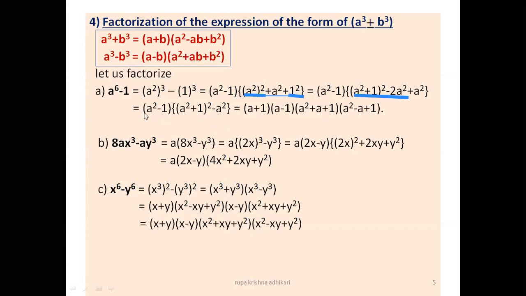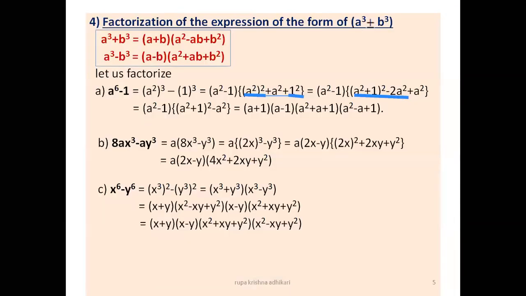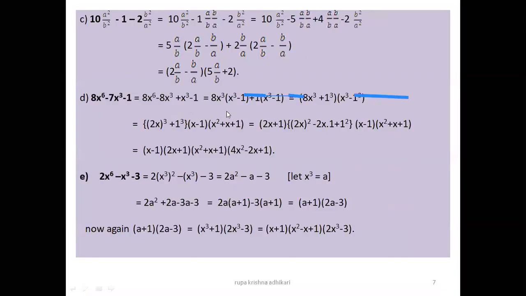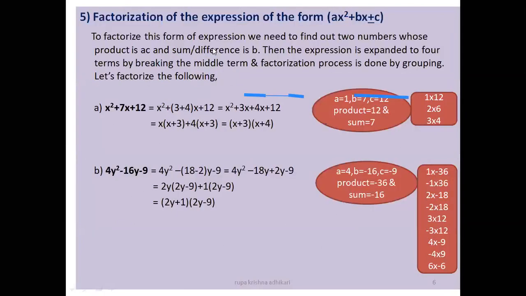Hence a square minus 1, it can be written as a square minus b square, that is a plus 1 into a minus 1. And here a square plus 1 whole square minus a square, that is written as a square plus a plus 1, a square minus a plus 1. Hence,